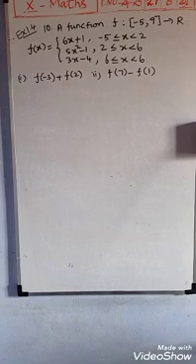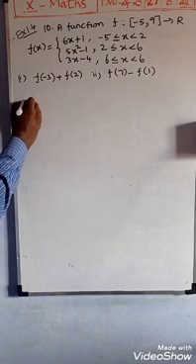See the next 10th question, a function, the same 9th sum model. A function f is defined on the closed interval minus 5 to 9, so all the values between minus 5 and 9 are the domain, and the codomain is R. The function is given: f of x is equal to 6x plus 1, 5x squared minus 1, 3x minus 4. We want to substitute x values from the given intervals. Four points are asked in this. Okay, see the first solution.